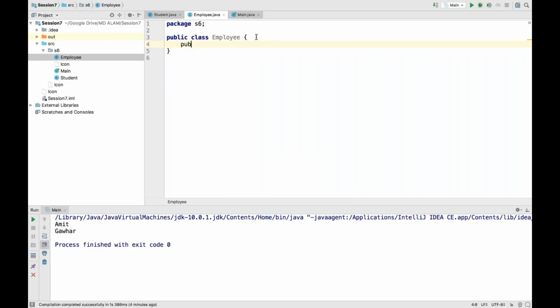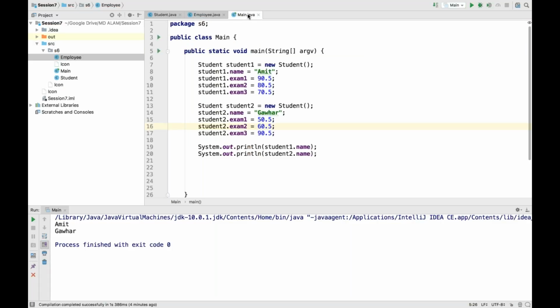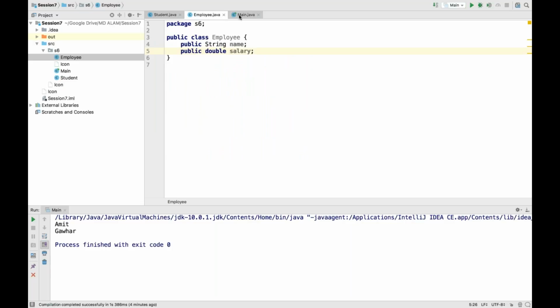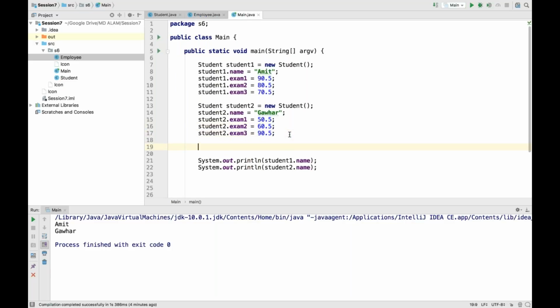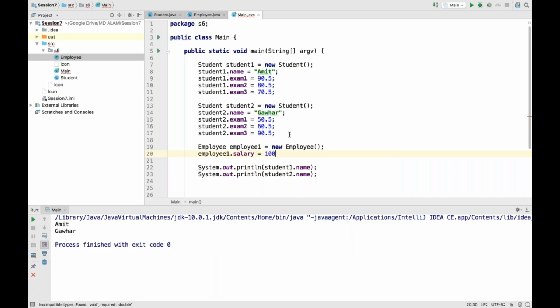right? And this employee class has two fields, let's say public string name and public double salary. So now I can create an employee object from my main. I can write employee one equal new employee, and I can say employee one dot salary equal, let's say, 100K,